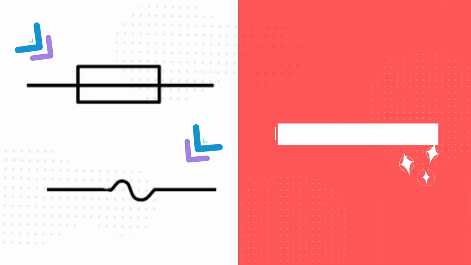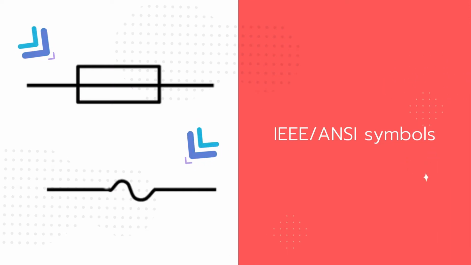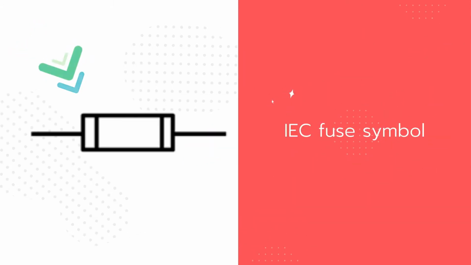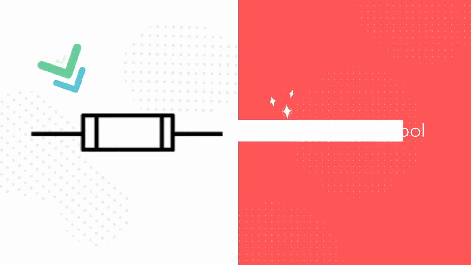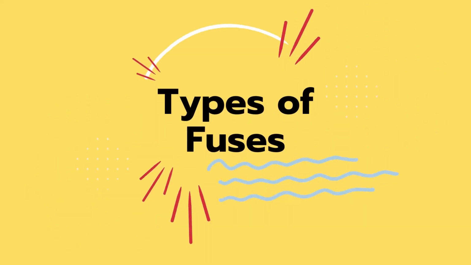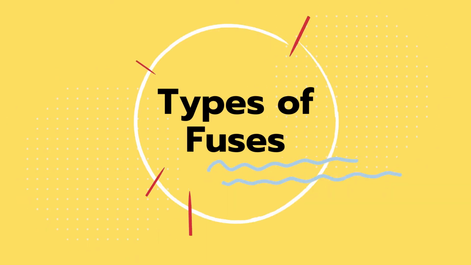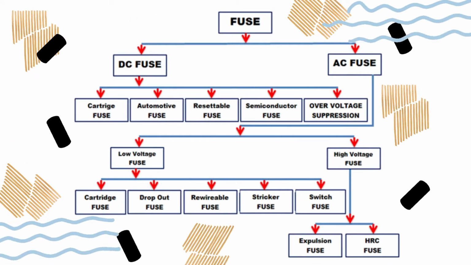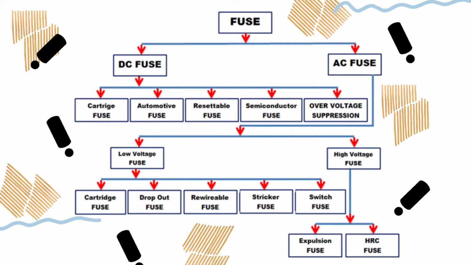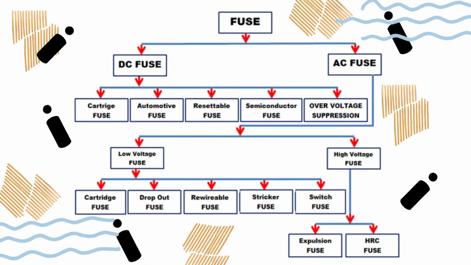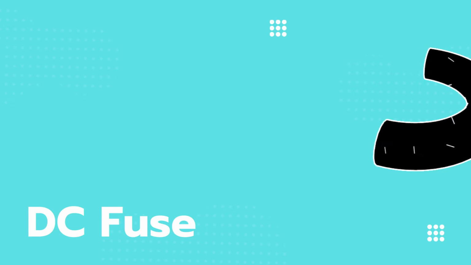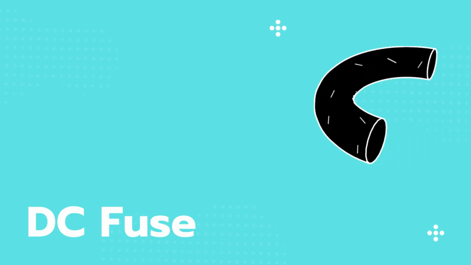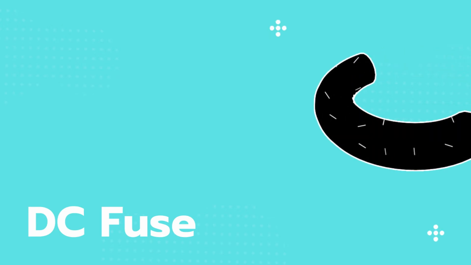On the symbol of a fuse, the standard IEEE or ANSI symbol for the fuse is as follows. However, the IEC fuse symbol is slightly different. Types of fuses. Fuses can be divided into two major categories, AC fuses and DC fuses. The below block diagram illustrates the different types of fuses under each category that we will briefly discuss later on. There are 5 subcategories of DC fuse, which are cartridge fuse, automotive fuse, resettable fuse, semiconductor fuse, and